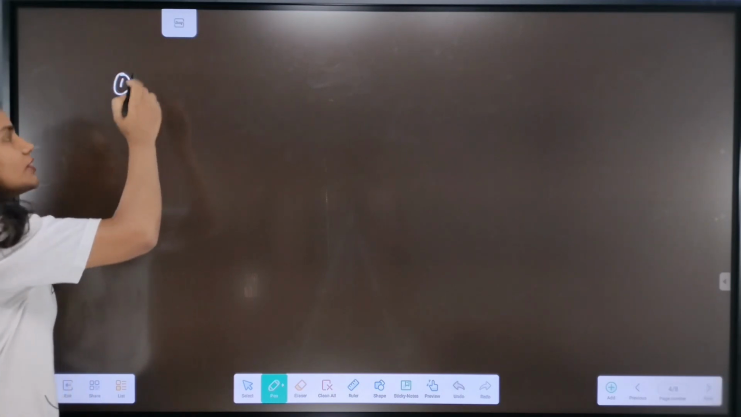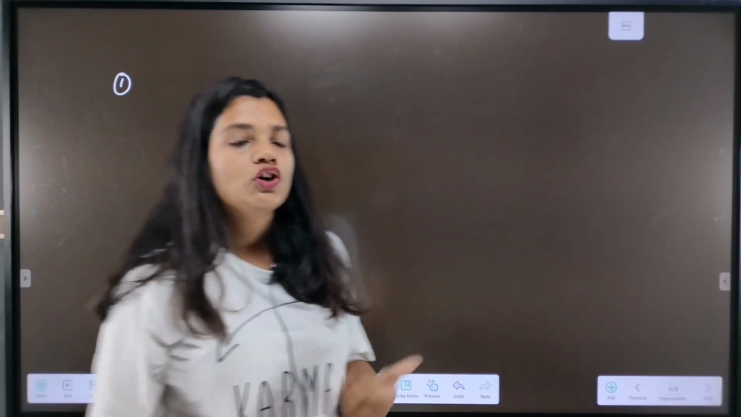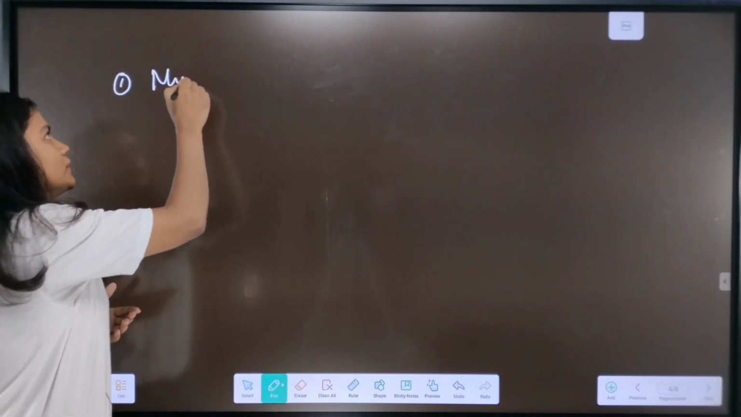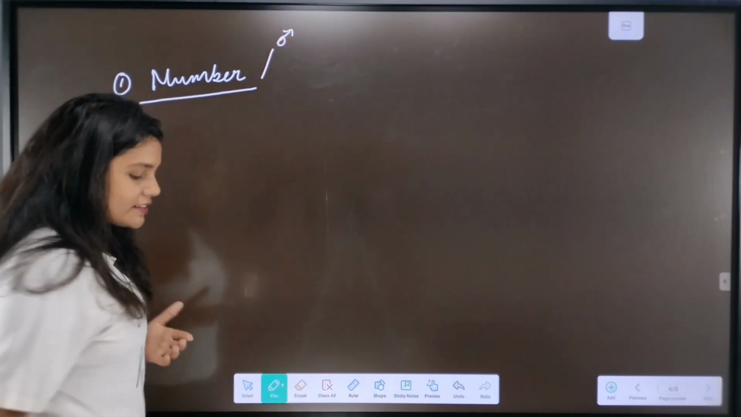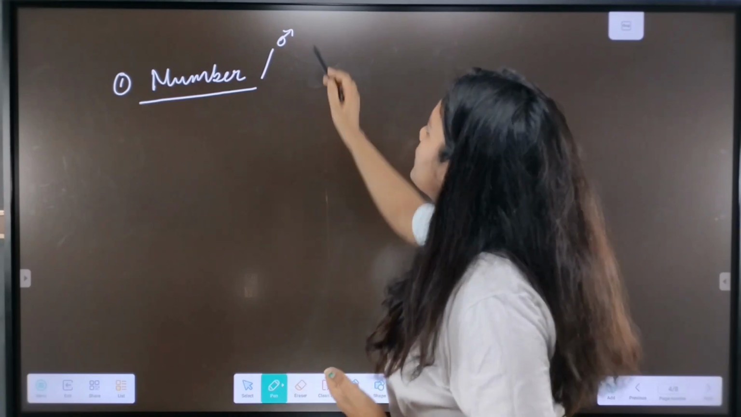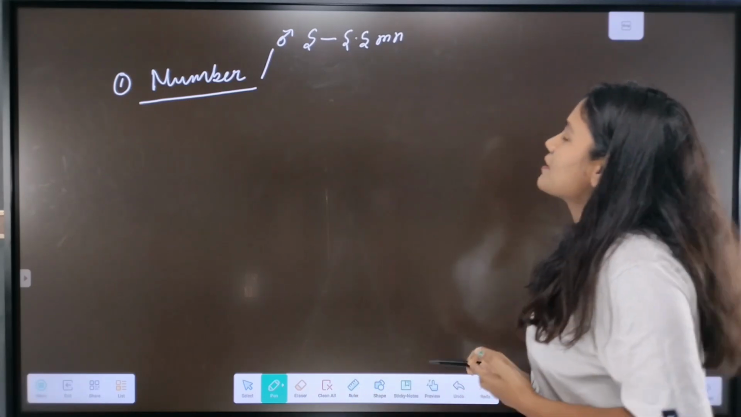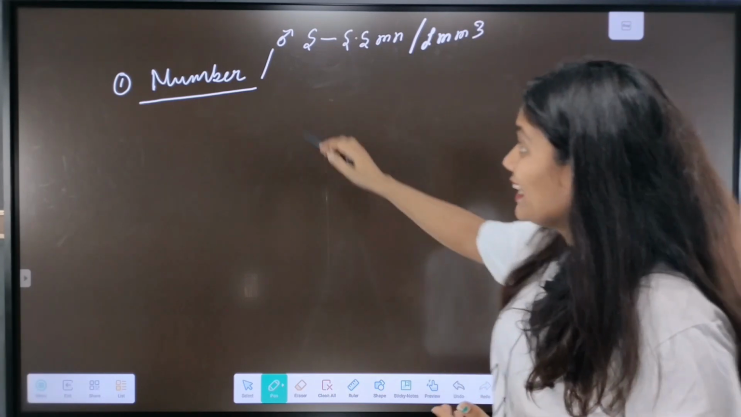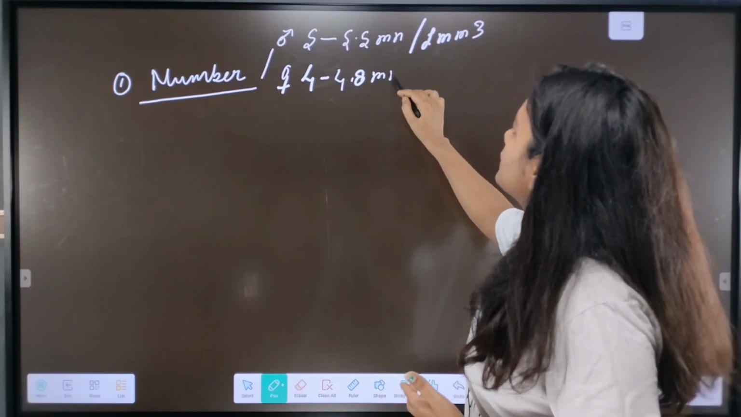Okay, so the number of RBCs is different in males, in females, and in a person living at high altitude or in the mountains in comparison to a person living on the plains. So if we talk about the number in males, it is about 5 to 5.5 million RBCs per cubic millimeter of blood, and in females